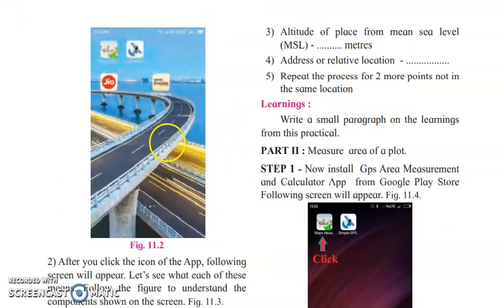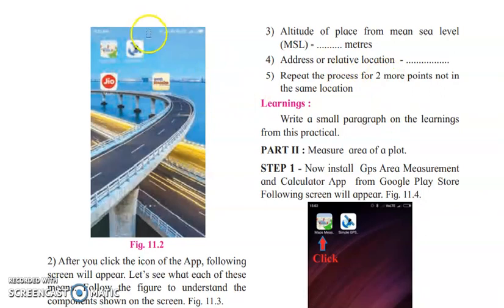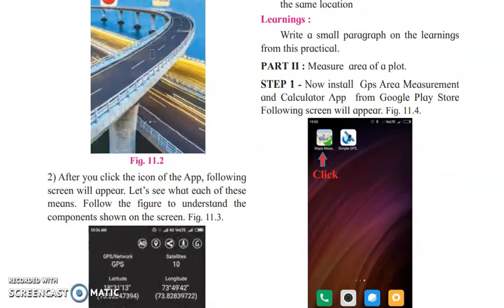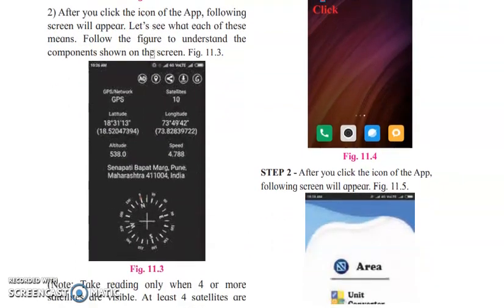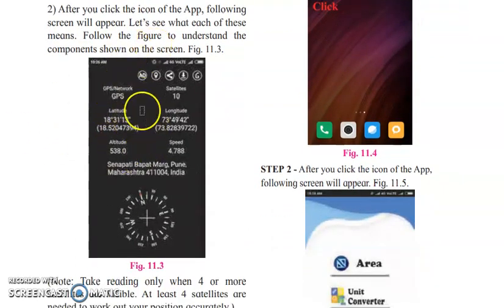So practical session में आपको apps download करने हैं. तो सबसे पहला जो app है, this is the app which you have to download. Okay, Simple GPS app is the name of the app which you have to download. It is going to look like that. So this is the icon which you can see here, how it appears. Okay, तो उसके बाद when you open that app, this is the screen which will be present in front of you.